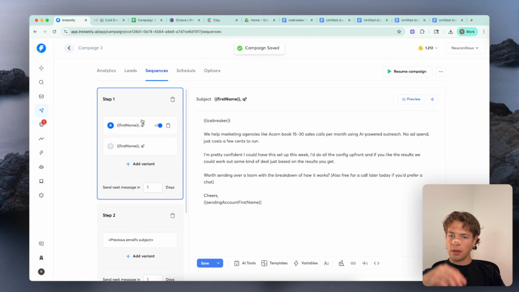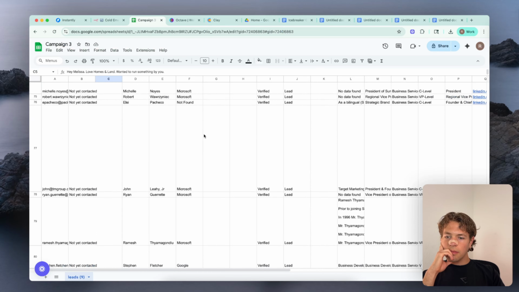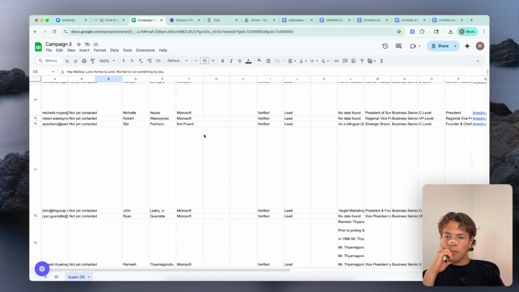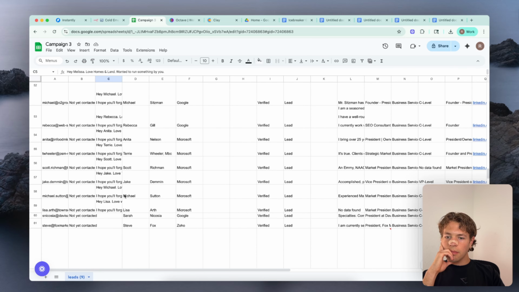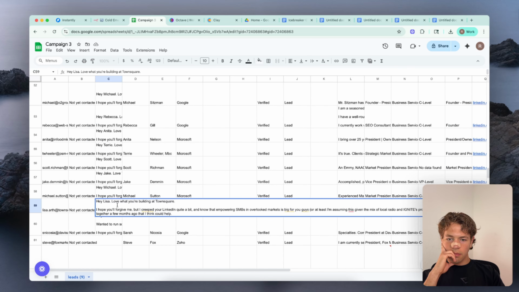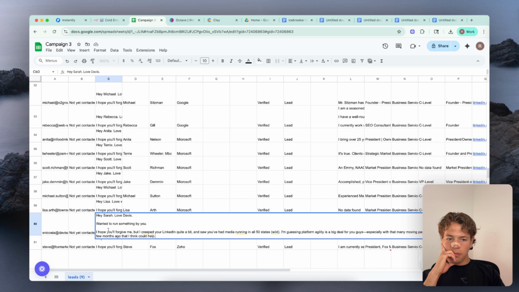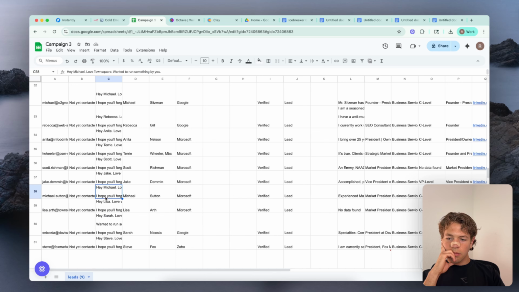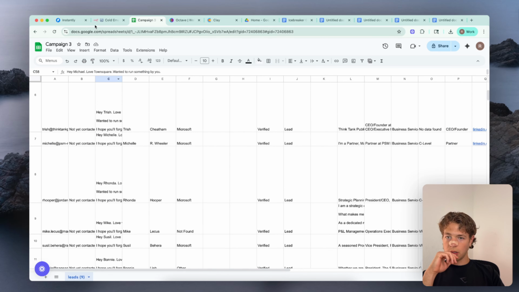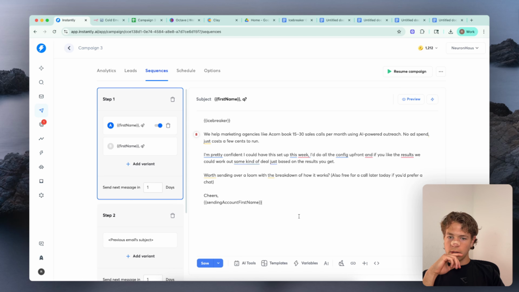I don't think I hit save on that one. Cool. Let's see where this is at. We're at 61, so we have a couple more minutes. Let's go ahead and preview.